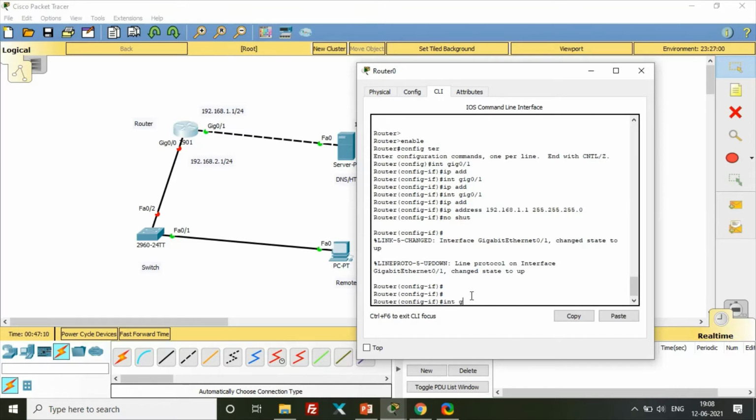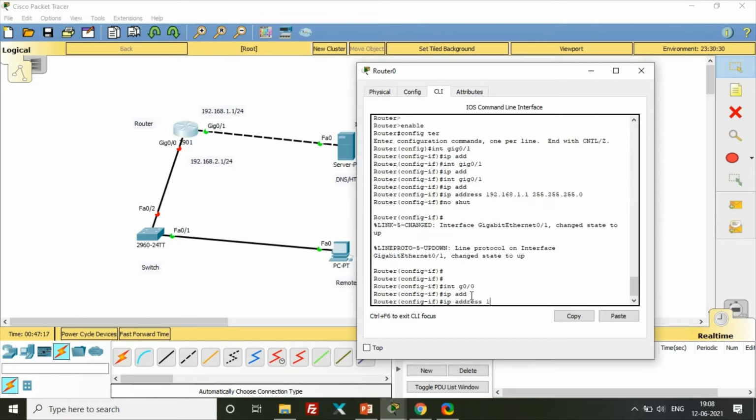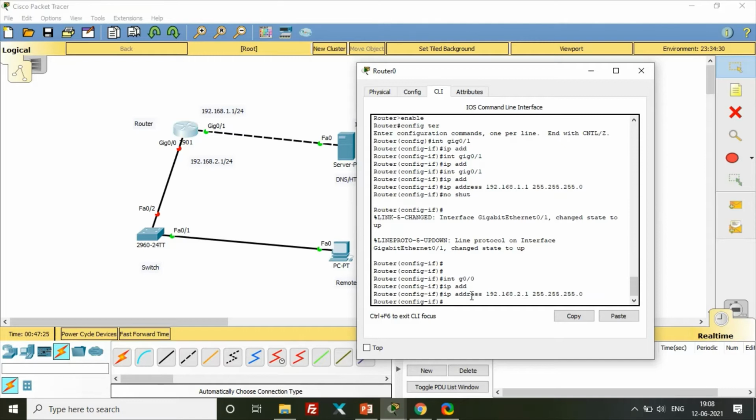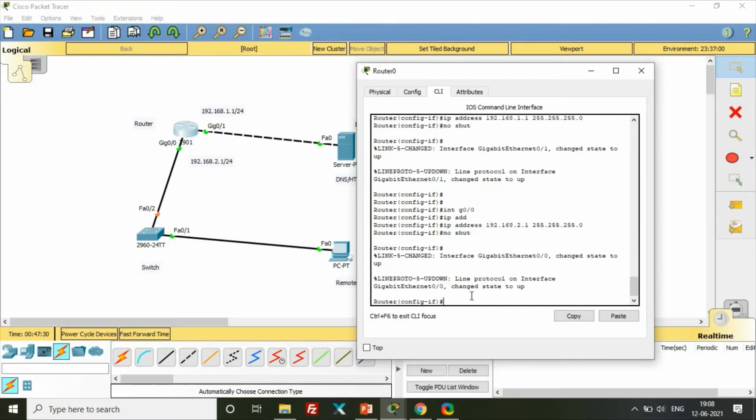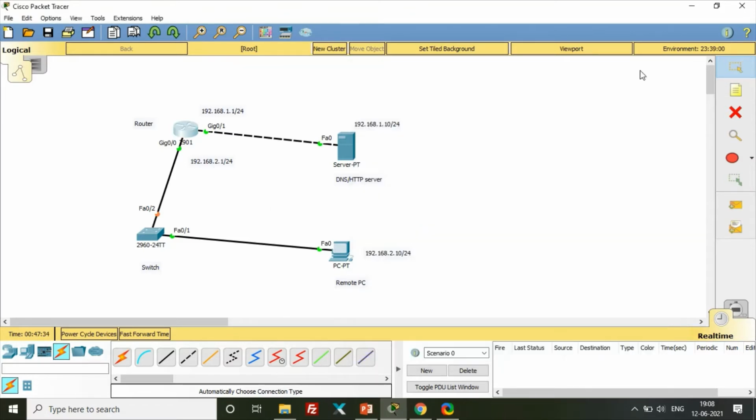The IP address for this interface is 192.168.2.1 and the subnet mask is the same, 255.255.255.0, and again no shut to bring the interface up. Now the interface is up. On the switch, no IP needs to be configured because a switch can work without an IP address.